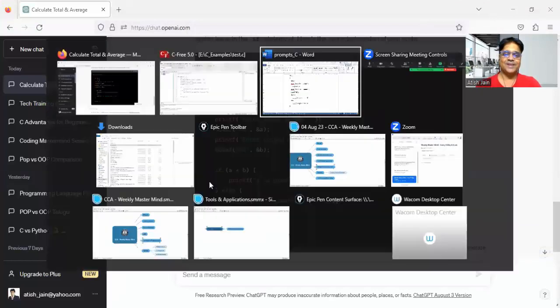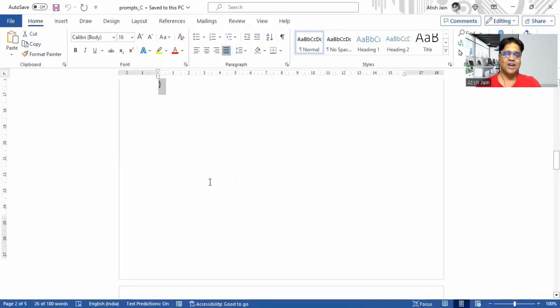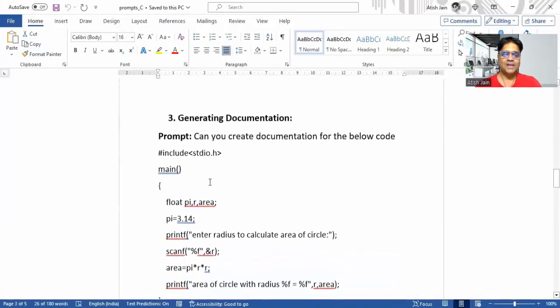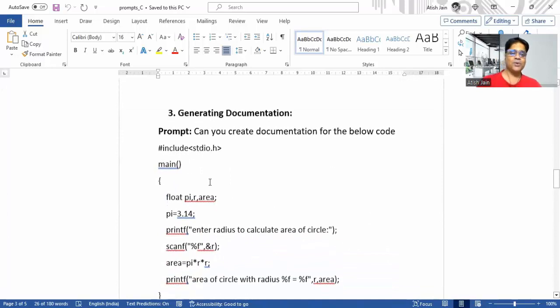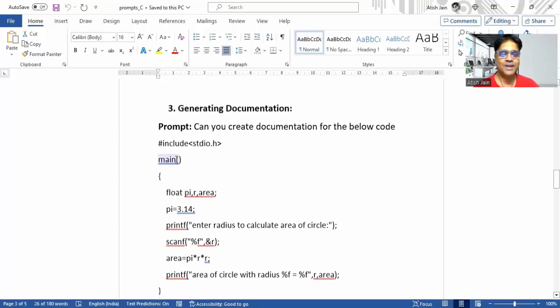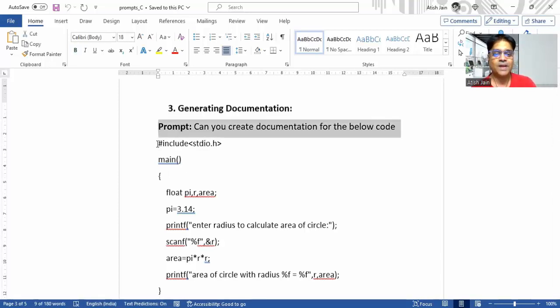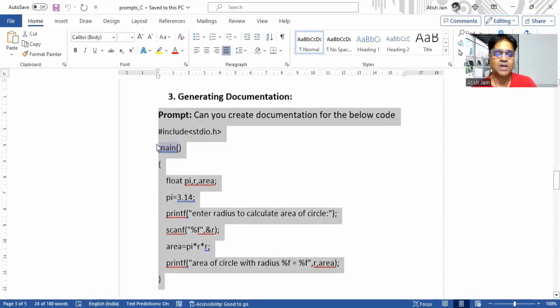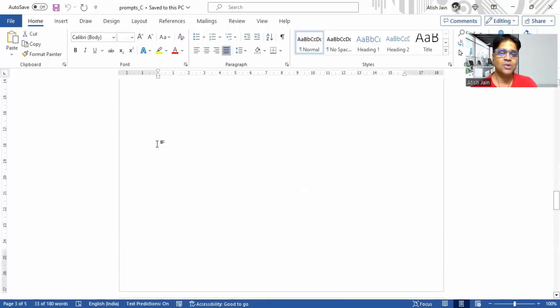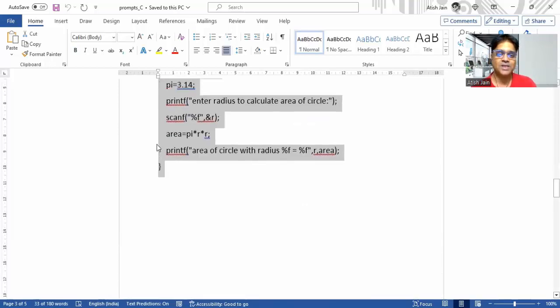Guys, let's have a look at the third prompt. This is a piece of code which is calculating the area of a circle. Everyone, can you notice this? So what I want to do is generate comments for this code. Documentation is nothing but every line I want to understand clearly through comments.